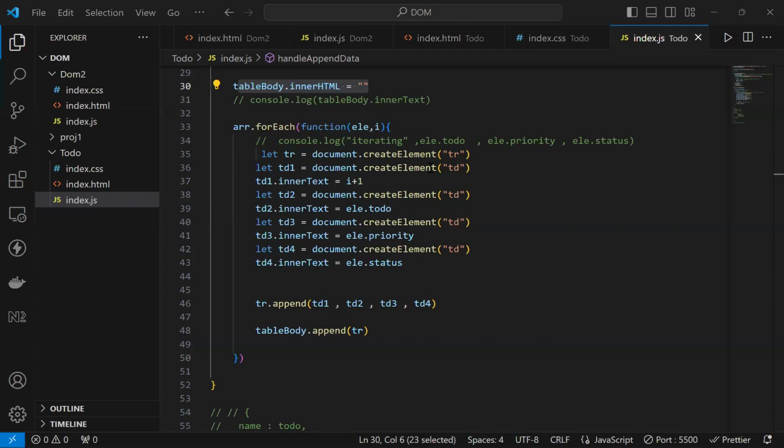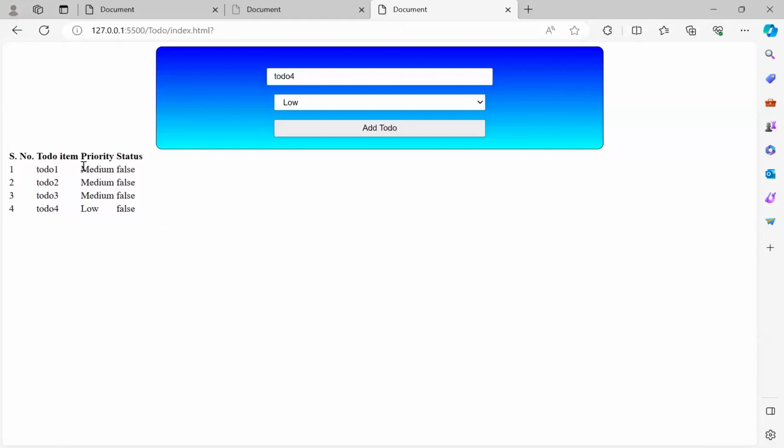Okay. And now the logic that you want to write, you can go on and write anything in here. How can we give CSS in JS? So you can do that by writing dot style, right? Okay, so let's do one small more thing. Let's say if the priority is high, we want the color to be red. If the priority is medium, we want the text color to be blue. And if the priority is low, we want the text color to be green. Sounds like an if else condition,